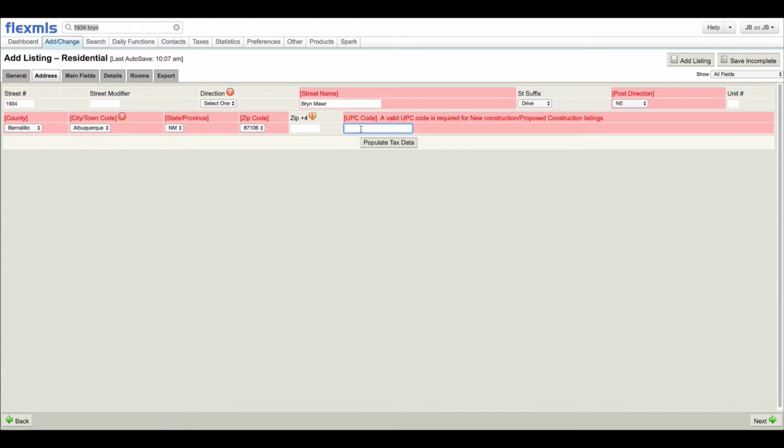I could look that up, maybe going under this CRS tax program under the tax menu, but here's the trick. Since I've entered the full complete address, all I have to do now is populate tax data. So I just want to make you aware that when I click this, and I hope it works, when it does work, it will provide me the UPC code, and it will also auto-populate some additional tax and school information